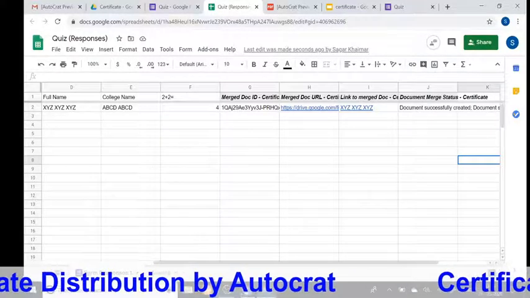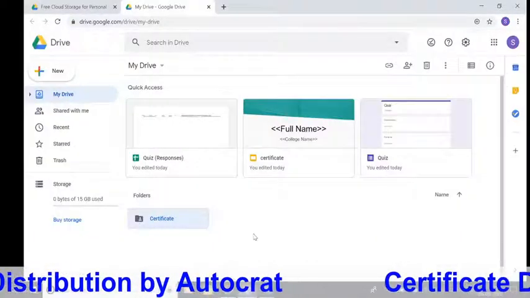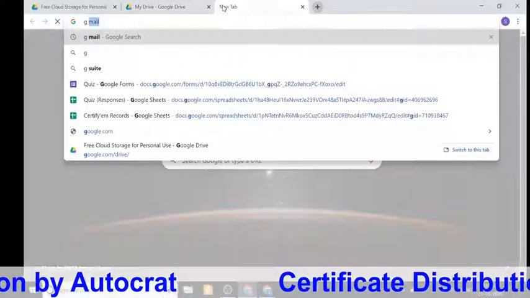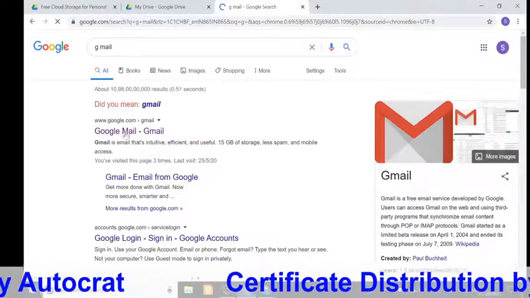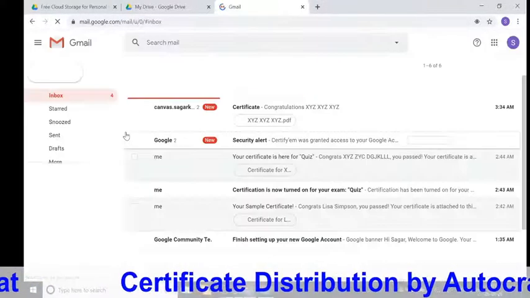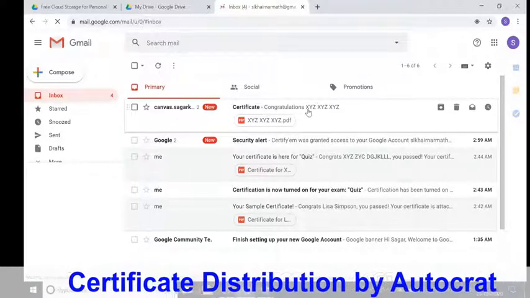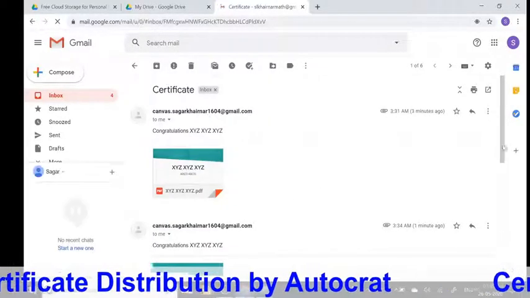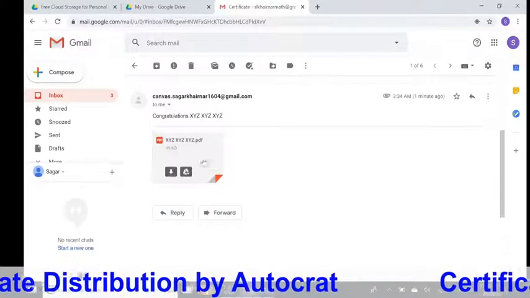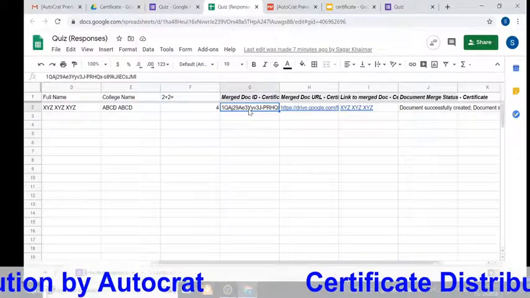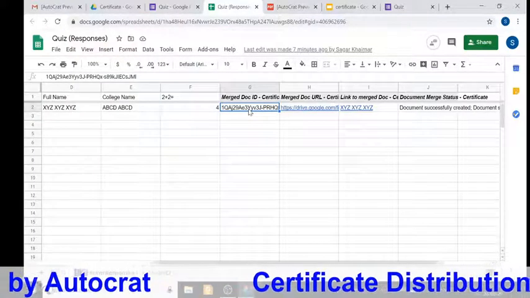Now check. Now I am checking my mail whether I have received or not. Now I have received certificate. Here we get ID of the certificate.